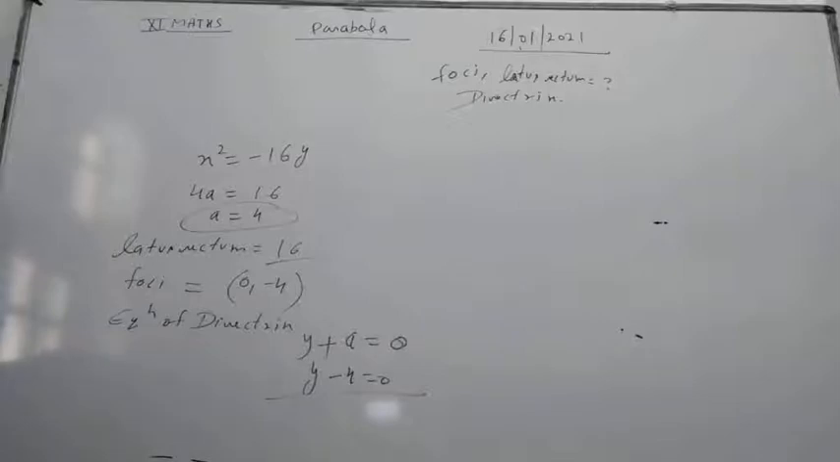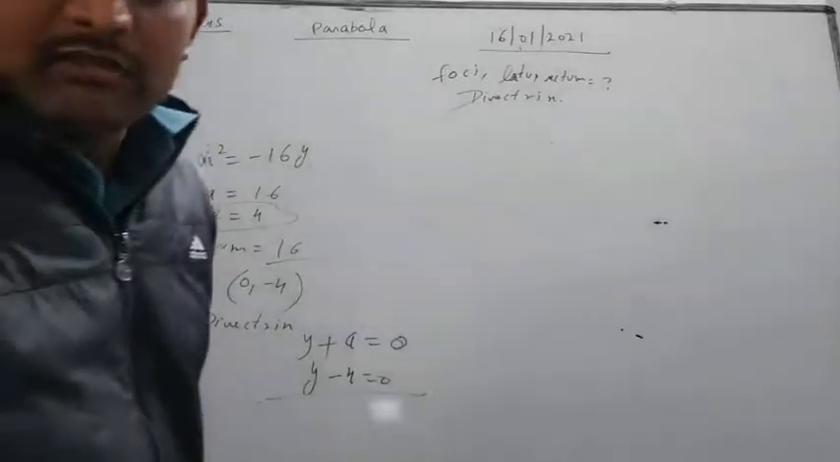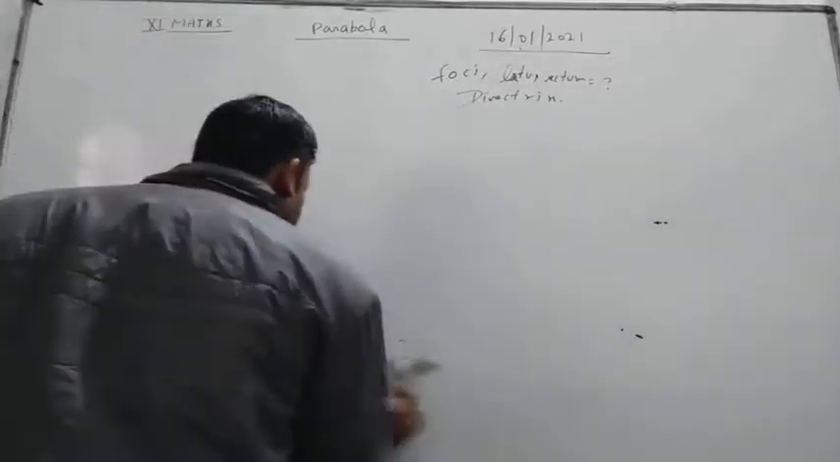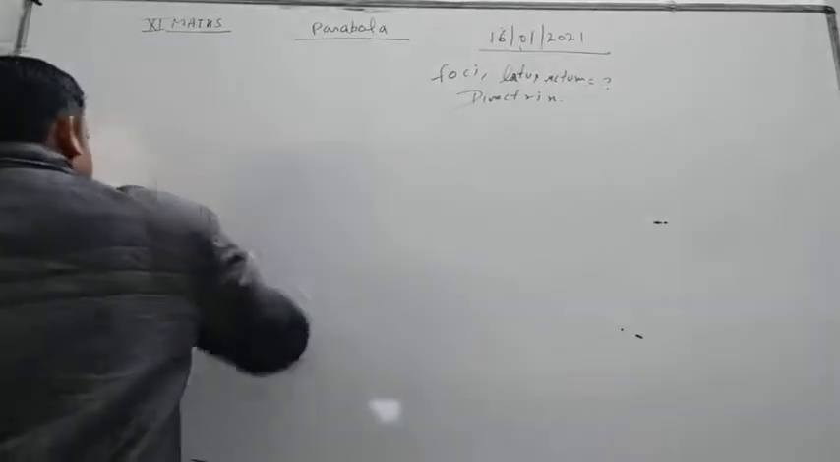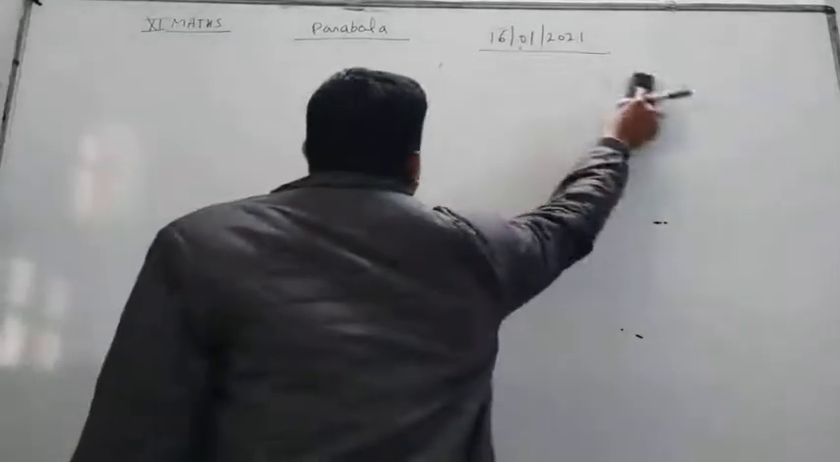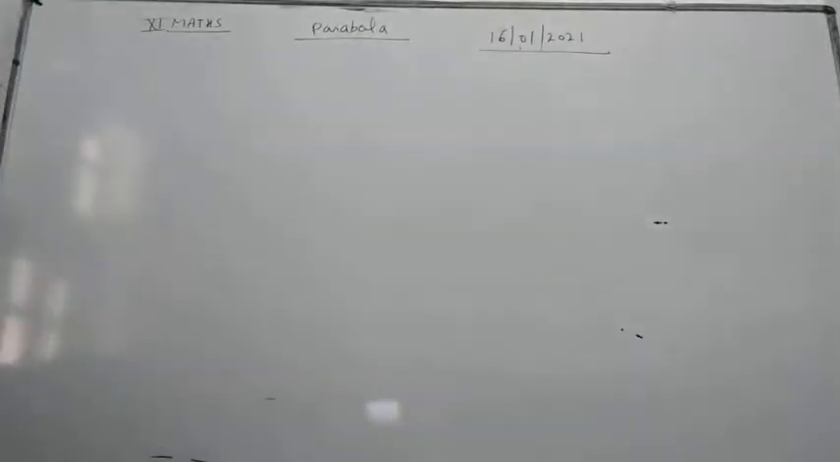So our foci is (0, minus 4), and latus rectum is 16, and directrix is y minus 4 is equal to 0. Okay, student. Now we take some other question and solve it. Okay, student. Let's see, our next question is